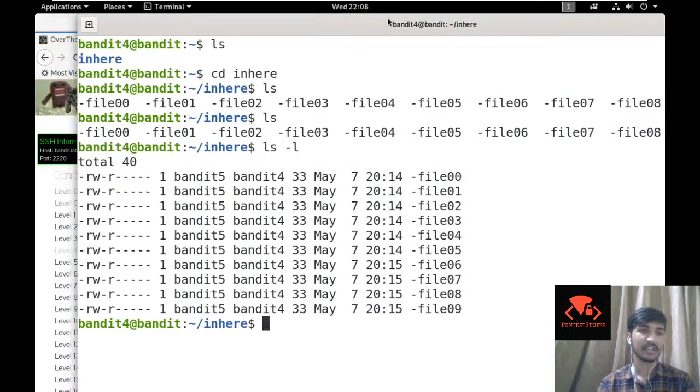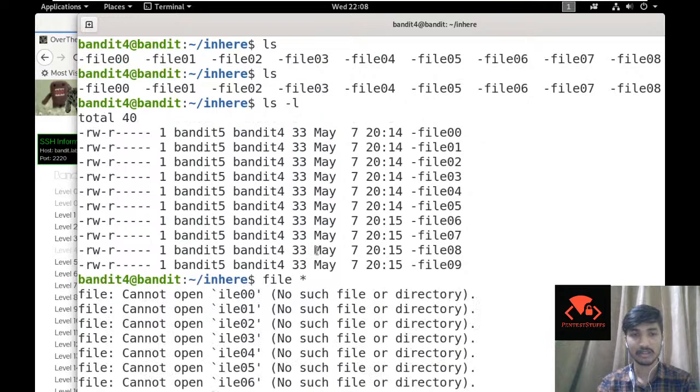The hard way is you can cat all of these files and then check for the data in one of them. The second way is you could just use the file command, file and star or asterisk, which tells the bash program or the terminal to look for everything, all the files. You just enter file,